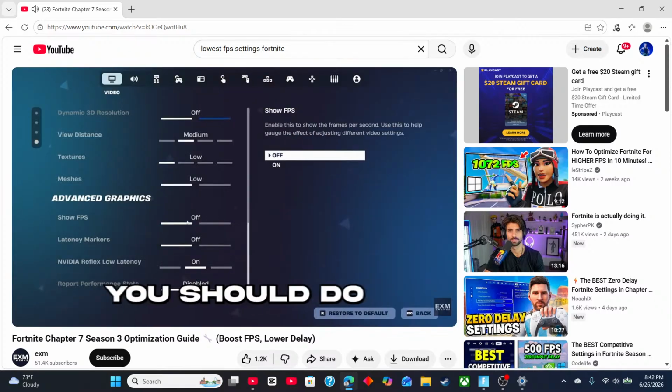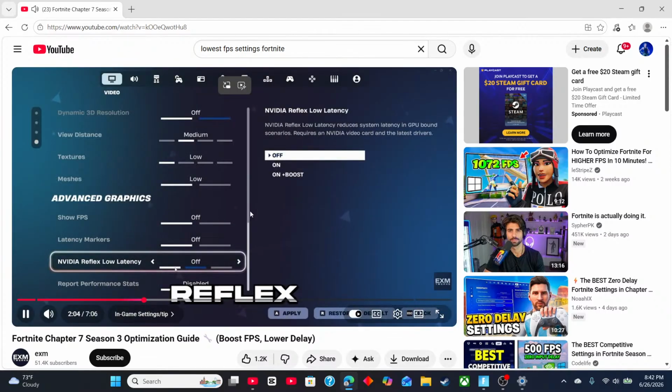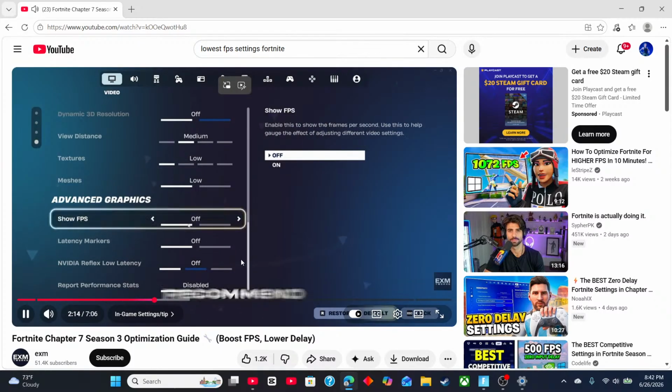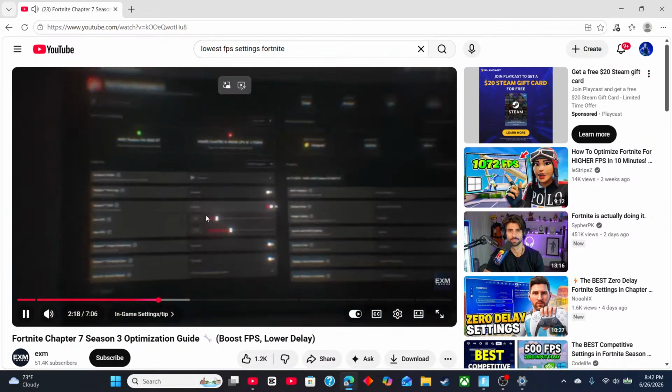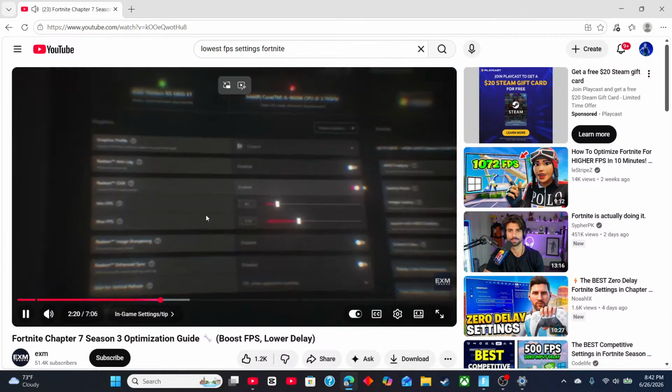And another thing you should do is disable NVIDIA reflex low latency, as if it's enabled and you use this method of capping FPS, you might get frame drops. It doesn't happen on every single system. If you have the extra time, feel free to test it out, but generally I do recommend disabling it. So for AMD users, you want to open up your GPU software and find the Radeon Chill feature. Once you set your minimum,